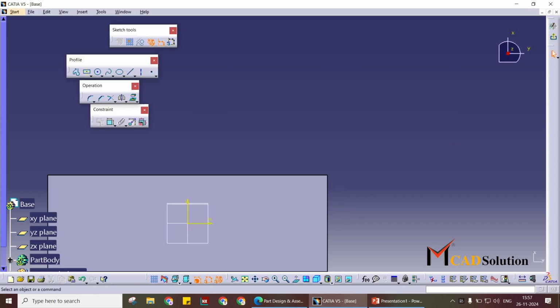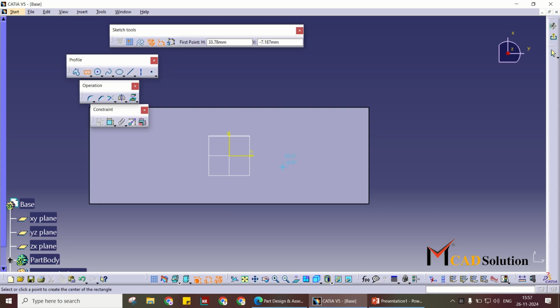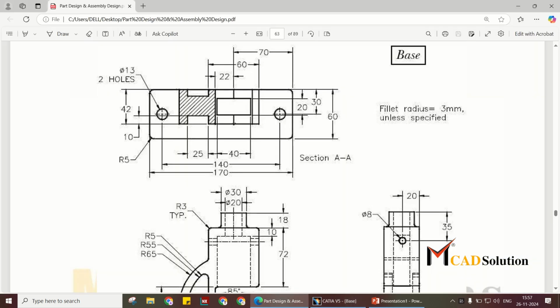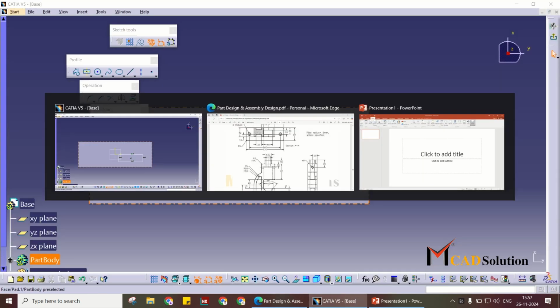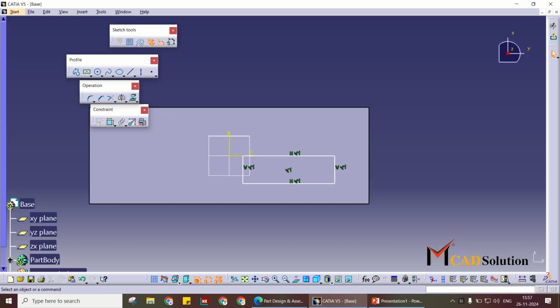Centered rectangle, length and width is 20 by 40. From center to edge, distance given is 70. This is 11. Exit.